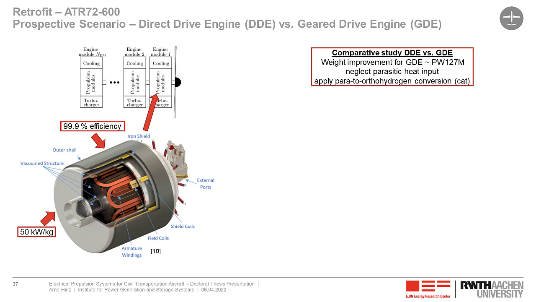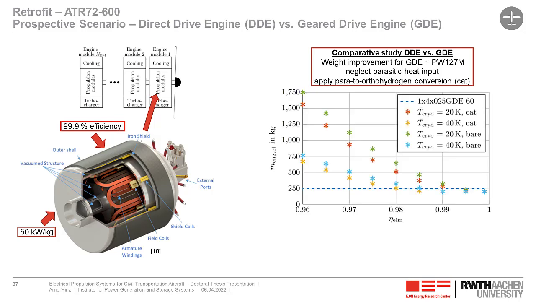We will determine with this measure what we will require as a minimum efficiency to get a direct drive engine of an equal weight as a gear drive engine, and the minimum power density required to get a gear drive engine with the same weight as the direct drive engine. The result can be seen here. The dashed line is a reference gear drive engine. The lower stars refer to direct drive engines operating on a superconductive machine temperature of minus 233 degrees C. The upper stars are related to direct drive engines operating on minus 250 degrees C.